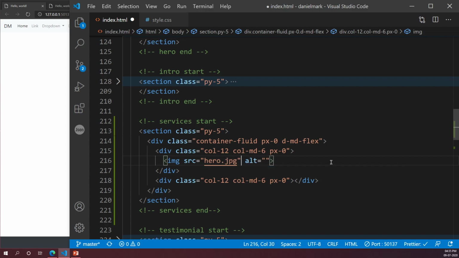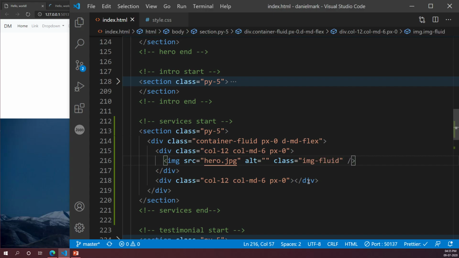So I'm going to say hero.jpg. I'll skip the alt and I'll give it a class, and I'm going to call this img-fluid. Right? Done. All of you add the image in there. Once you've done that, let me know, okay? Add an image in there and then let me know.